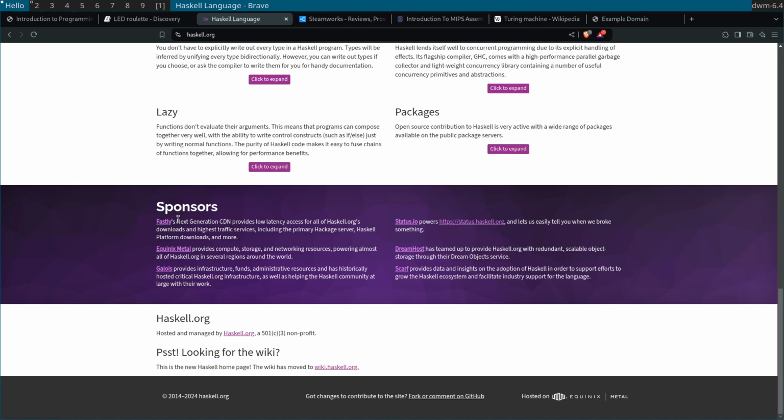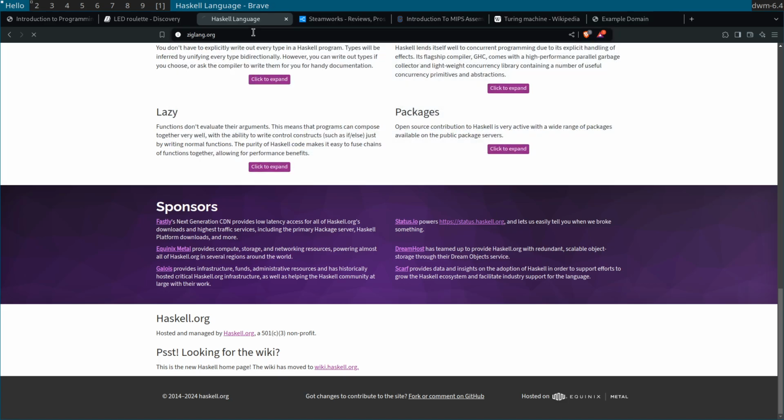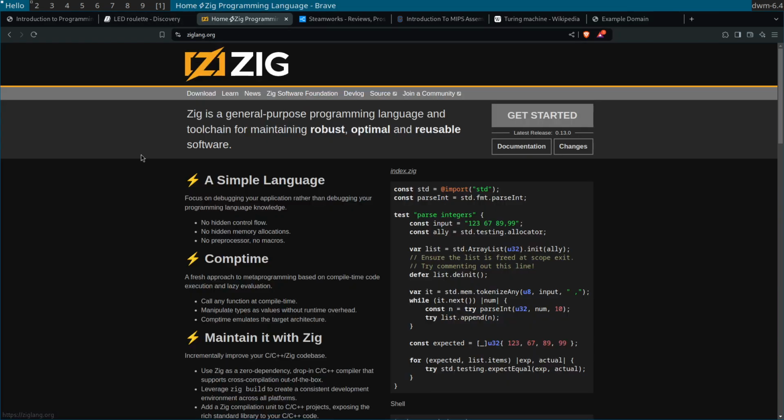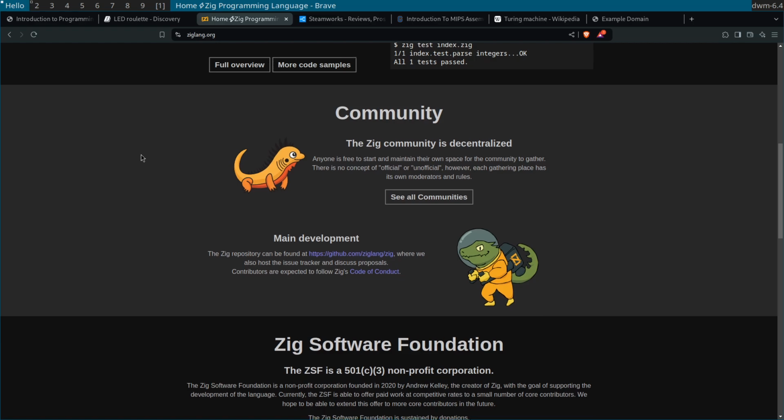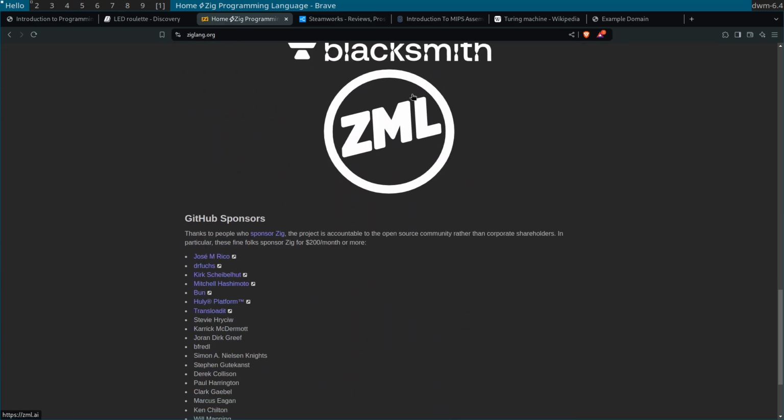You could also look in the sponsor section of different languages. Let's look at Zig, which is ziglang.org. If I go down here, we can see Tiger Beetle, Blacksmith, ZML, Bun, which, if you know Node.js, is an alternative to that.